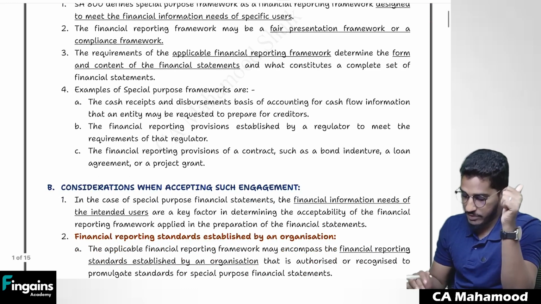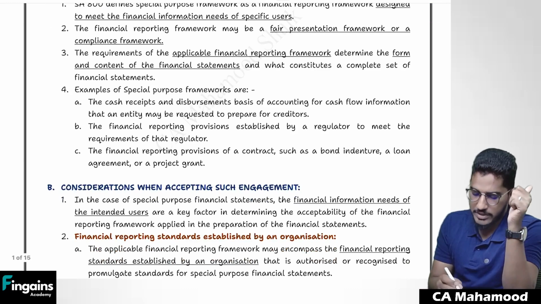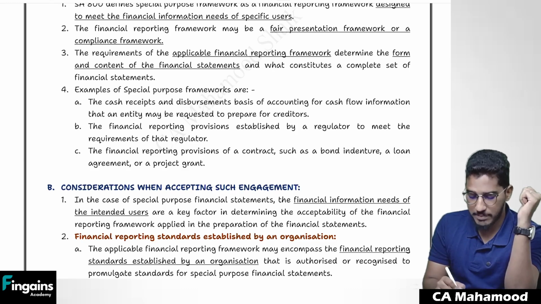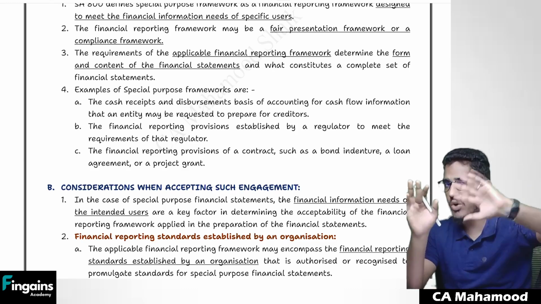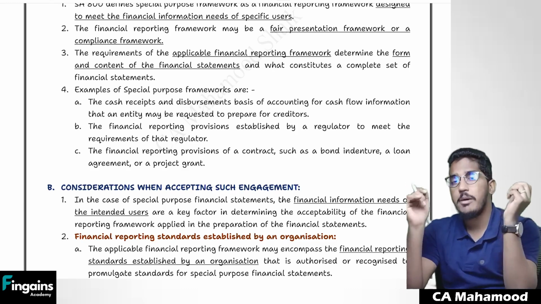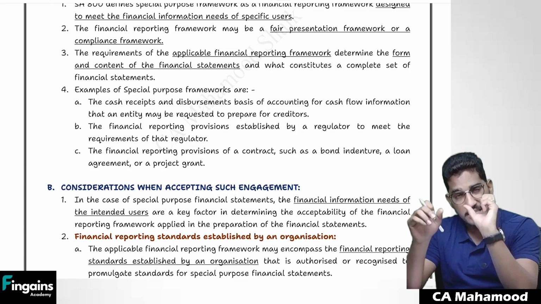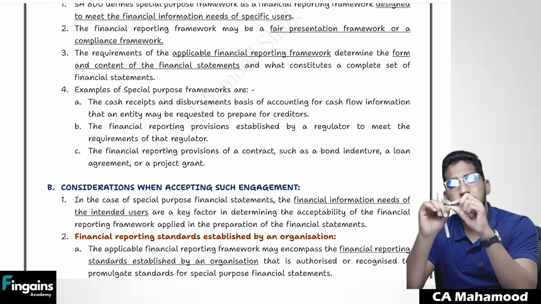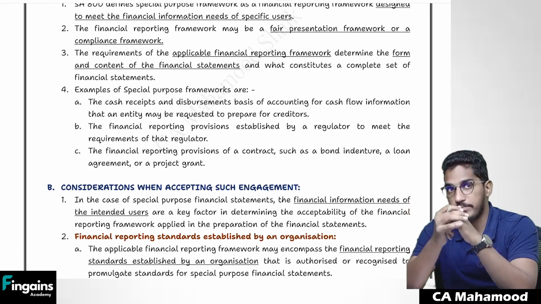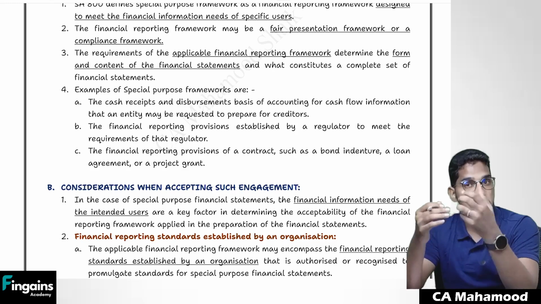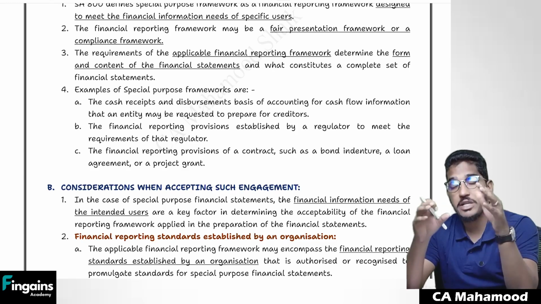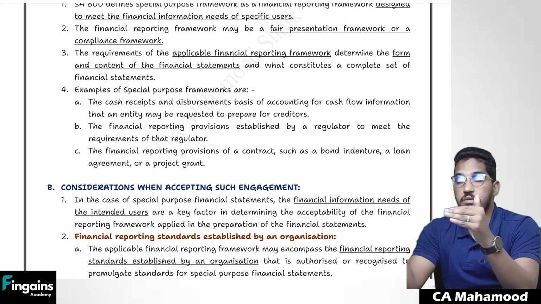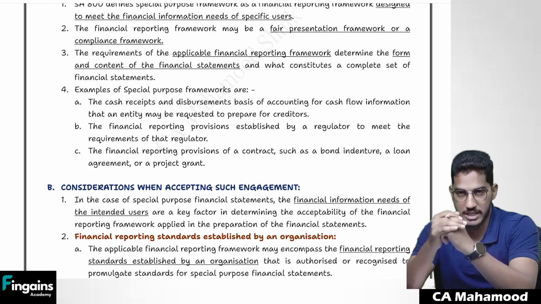Similarly, one more example: according to some law and regulation, some law is asking the client to prepare the financial statements as per specific rules and regulations, not Schedule 3, not accounting standards, because of requirements of some law. Some regulators might require some kinds of organizations to prepare the financial statements as per specific laws and regulations. That could also be one example of a special purpose framework, where we are preparing the financial statements to fulfill the information needs of only that specific person who is the regulator.